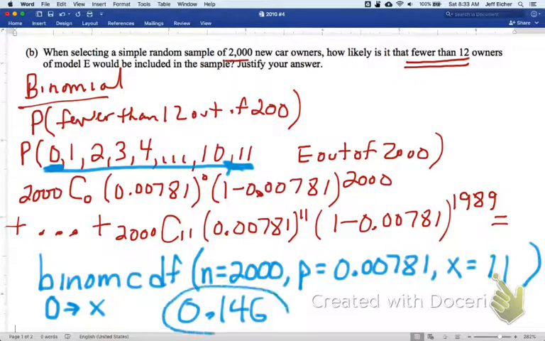0.146. So that's the probability that we get at least, well, the probability we get from 0 to 11 owners of Model E car in the sample. That's one approach. I actually want to show you an extension to this approach. So if we go back to our calculator screen,